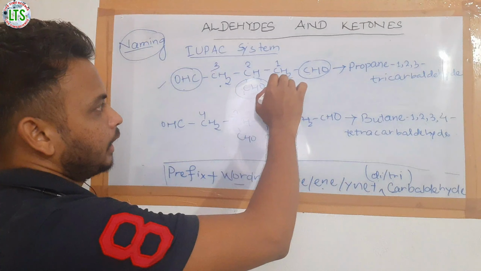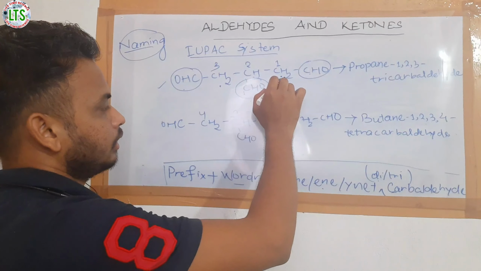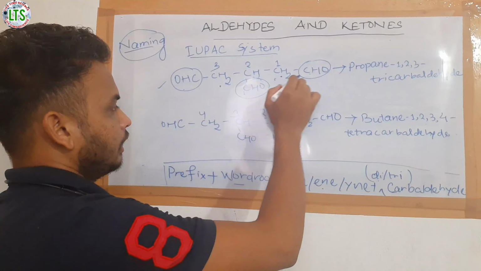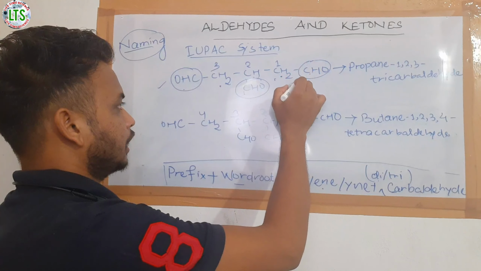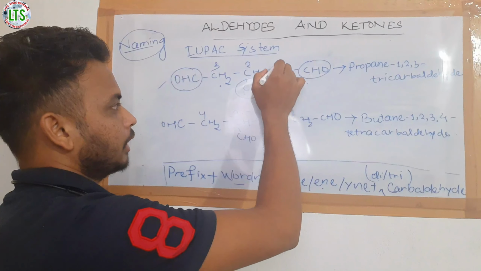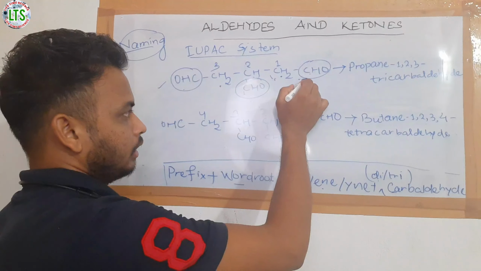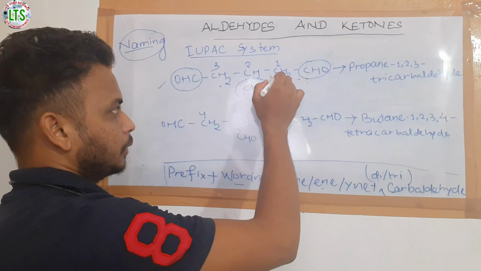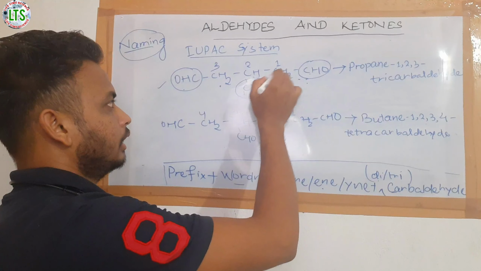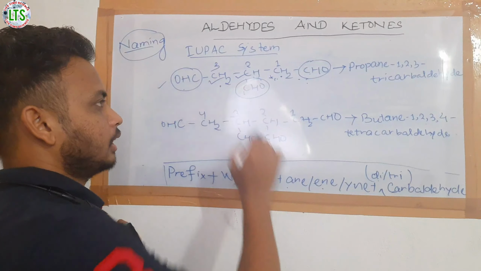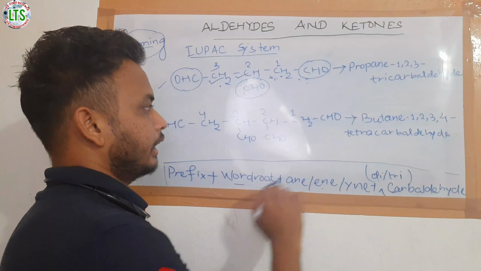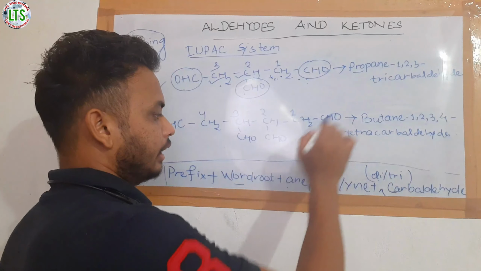Remember, here the numbering starts from the carbon atom directly attached to the CHO group and not from the CHO group. The numbering starts from the carbon atom attached to the CHO group. So this carbon atom is attached to the CHO group, so this carbon number is 1, this carbon number is 2 and this carbon number is 3. So there are 3 carbon atoms, so we can write prop, then ANE,